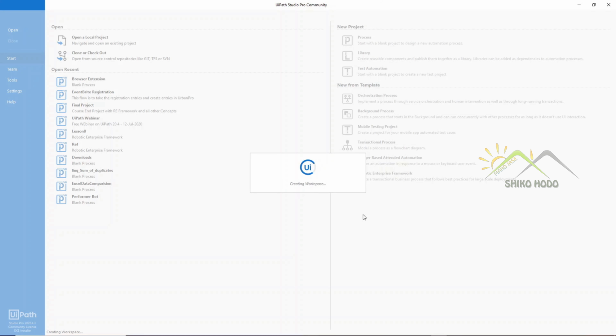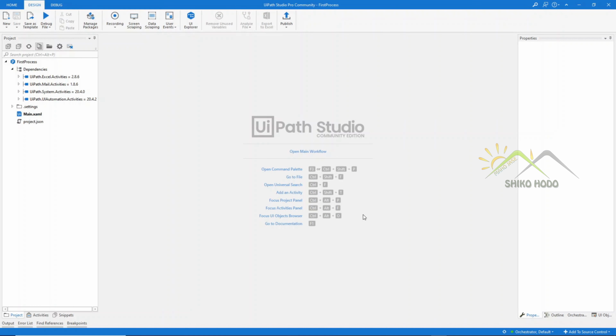This will take a couple of seconds to a couple of minutes, depending on how many dependencies we have in our UiPath Studio. In mine, I have a couple of dependencies added, so it may take a little extra time. So this is the look and feel of the first project we have created using UiPath Studio.